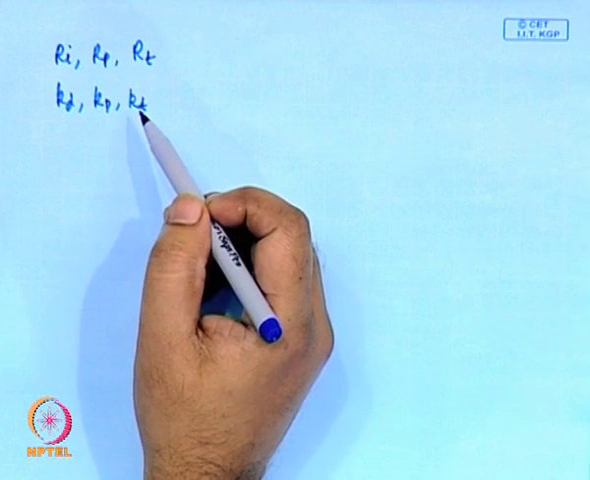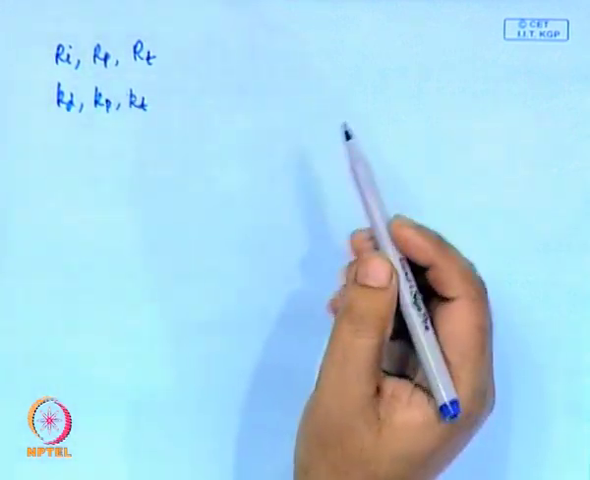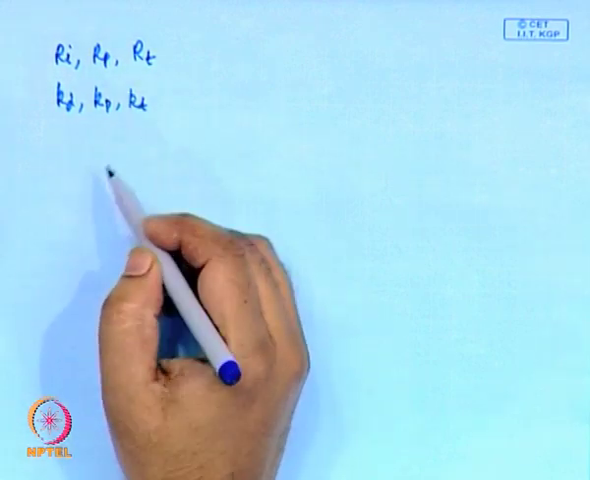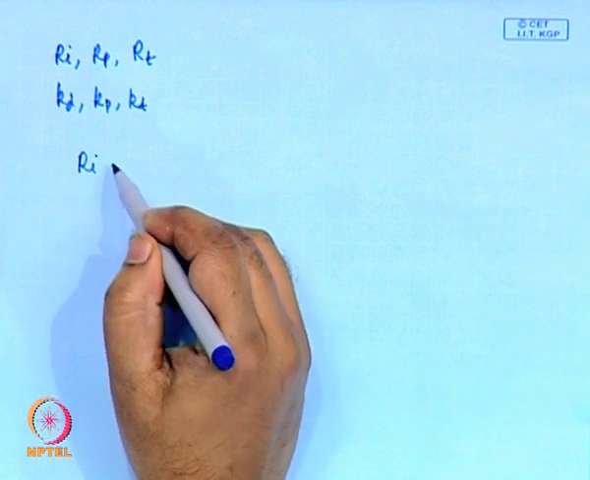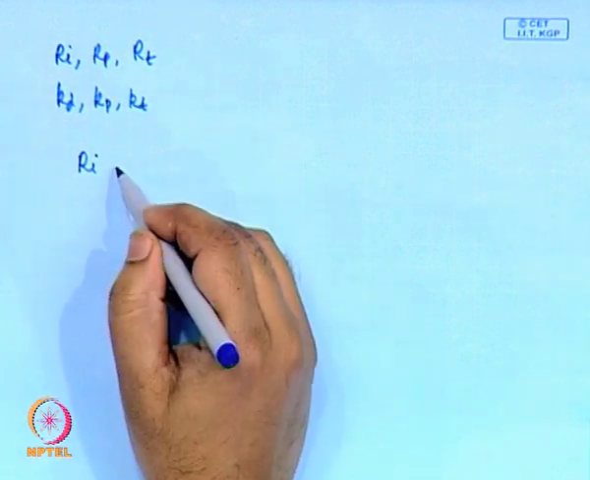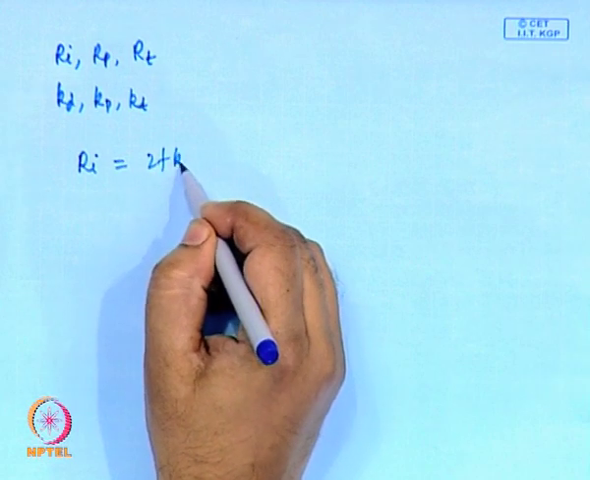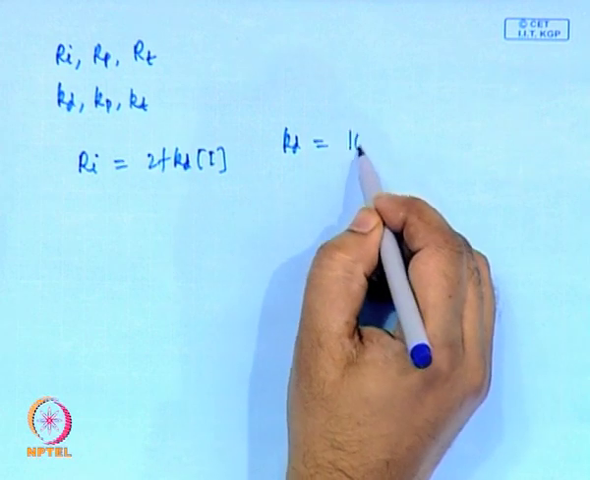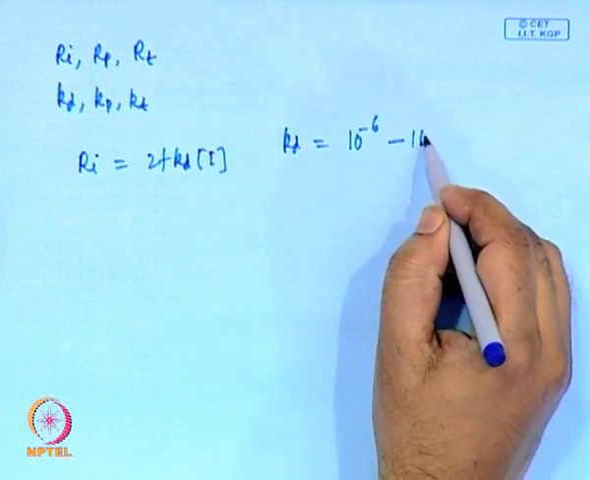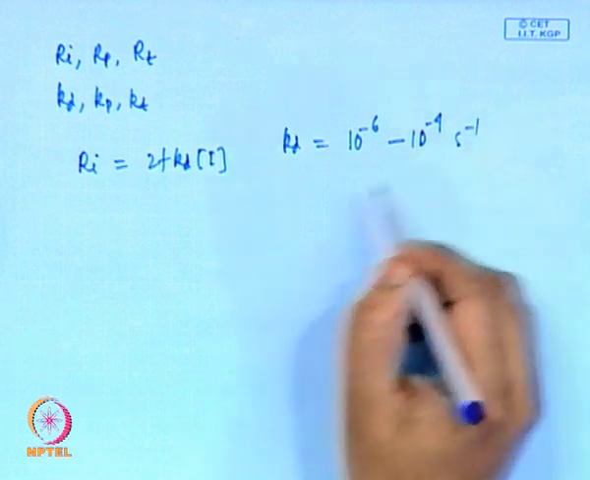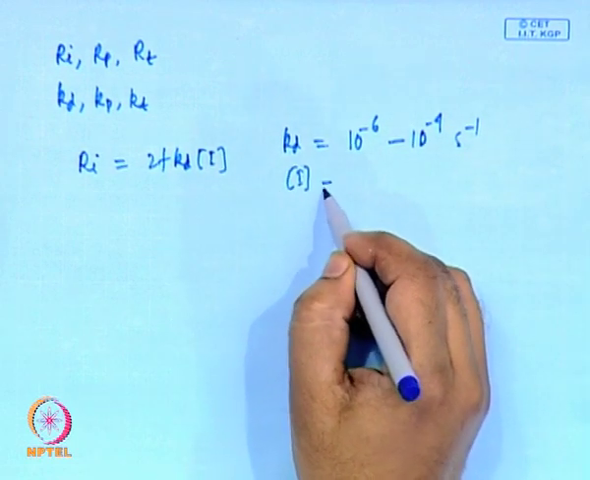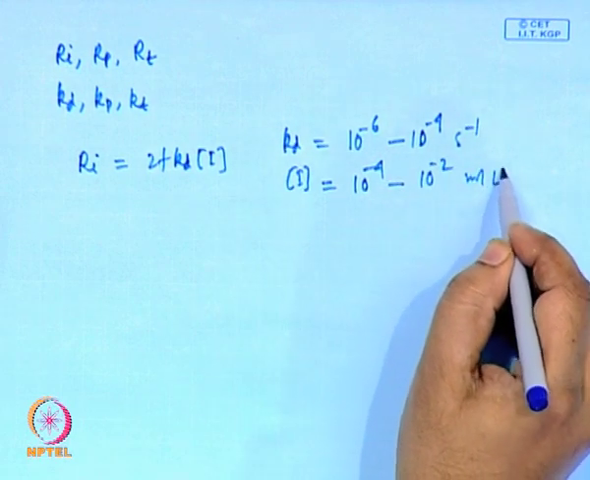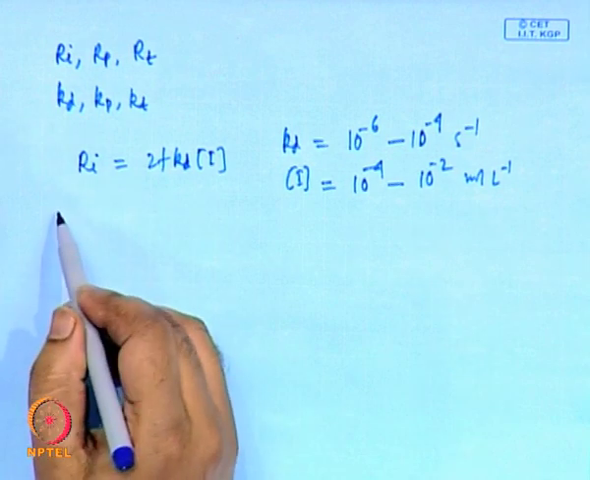Now, what are the typical values of this? What are the typical values for radical polymerization? Ri is twice f Kd I. Kd is 10 to the power minus 6 to 10 to the power minus 4 second inverse, typically. So Rt comes around